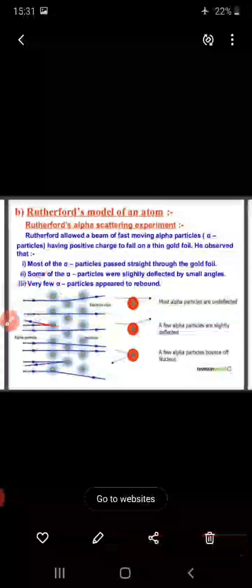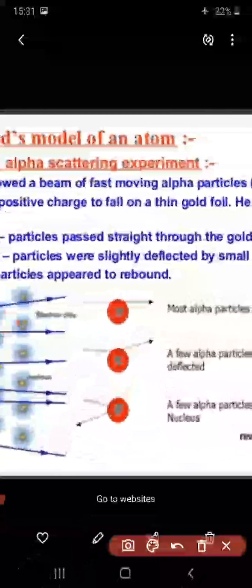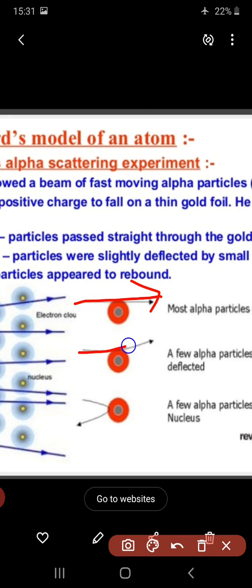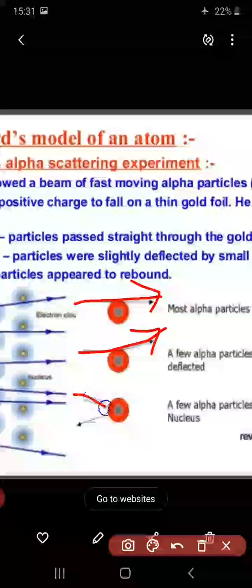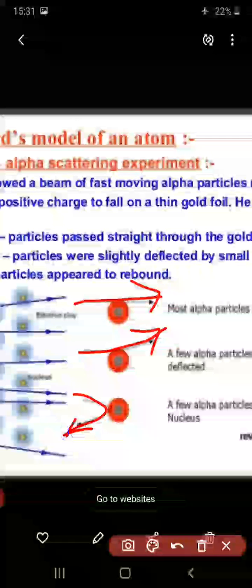Okay, see here, these alpha particles are moving straight, these alpha particles are deflected, and these alpha particles are rebounded. Some alpha particles are rebounding. Now next,